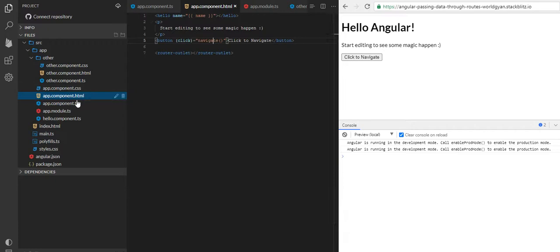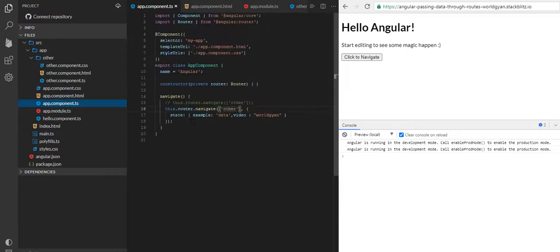Let's go to the app.component.ts and look at this method. Here you are trying to navigate to another route, which is "other". During the call, you are also passing some data, some state value.